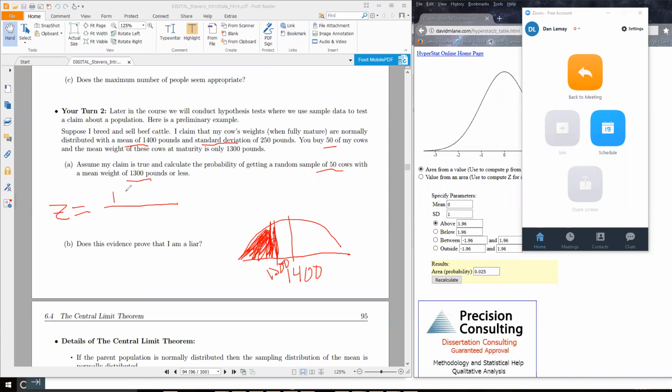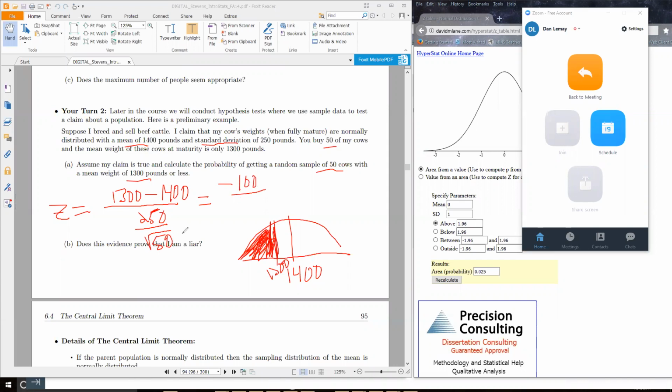So 1,300 is the number we're looking for. The mean is 1,400. And because this is the sampling distribution, we can't just divide by 250, because when we start doing sampling distributions, the standard deviations aren't as large as they are for the population. This is supposed to be 250. There we go. And I'm going to divide that by the square root of the sample size, which is 50 in this case. So that's going to give me negative 100